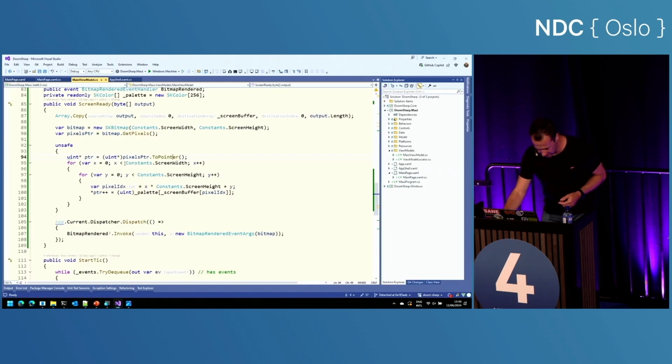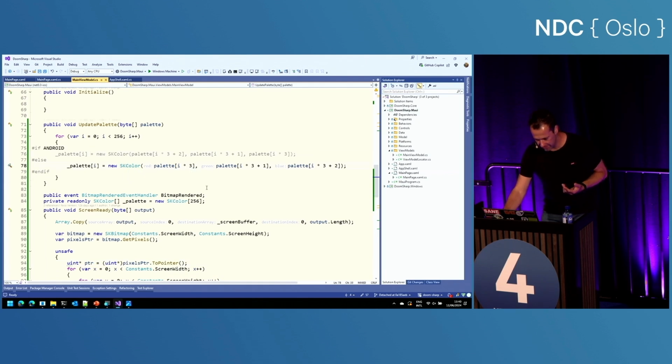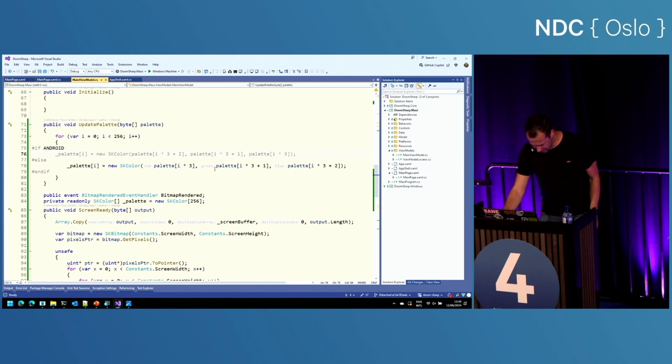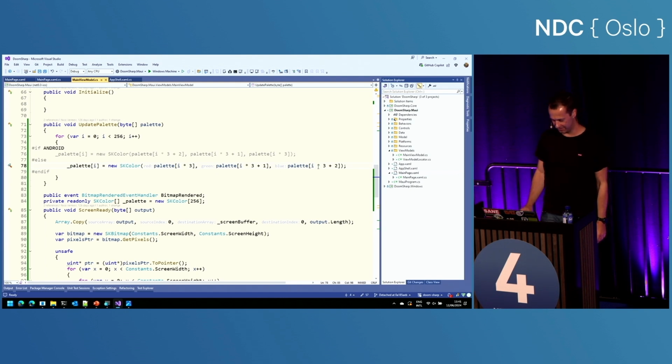Turns out that, and the code is already in here to fix this, if you create a Skia color on Android, the R and the B value are inverted. Is it R and B? Yes, it is. So those are inverted. So if Android, do it like this. If Windows, or if not Android, do it like this. I don't know why. It was a fun thing to see happen.